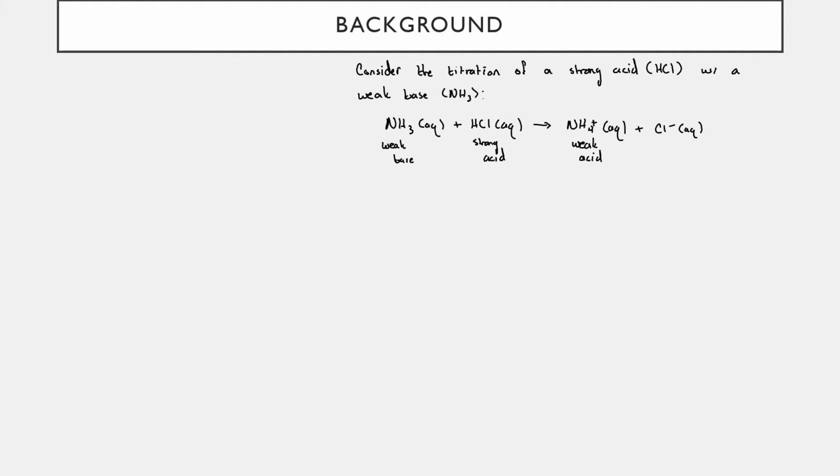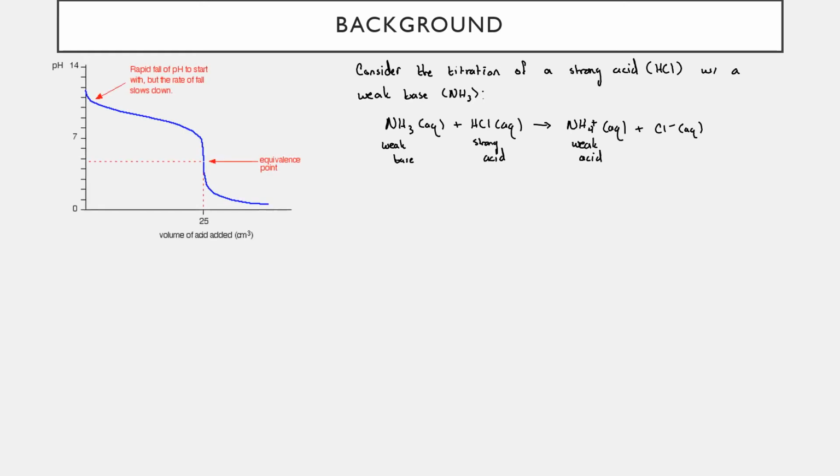That chloride is not going to be acidic nor basic. It's not going to interact with the water to yield any hydronium ions or hydroxide ions. So we're just left with the weak acid, NH4+. So we will get a titration curve that looks something like this. Because we started with a weak base, we'll have a pH that's initially greater than 7, and we'll see the pH of the solution go downwards as we add more and